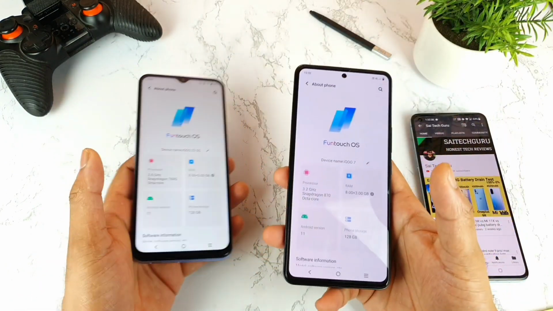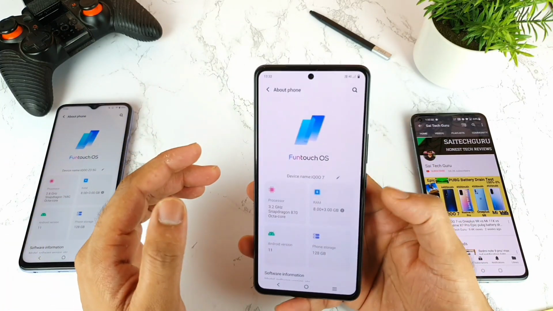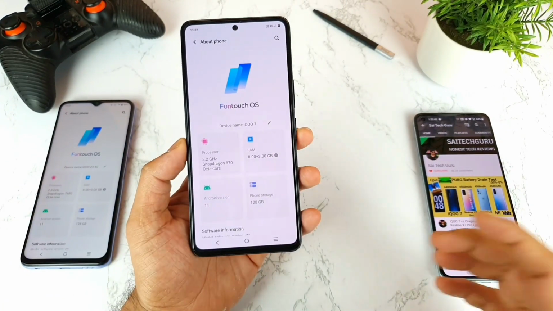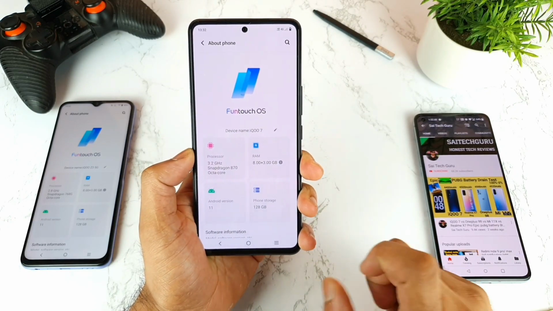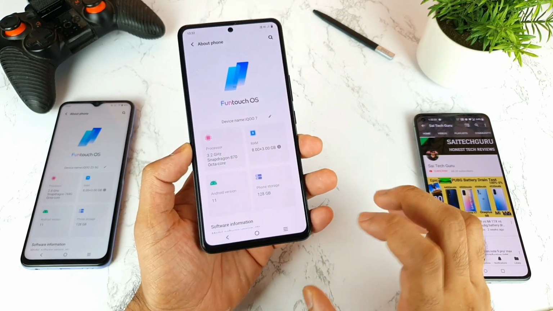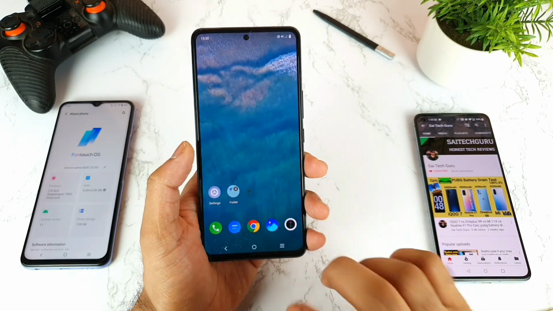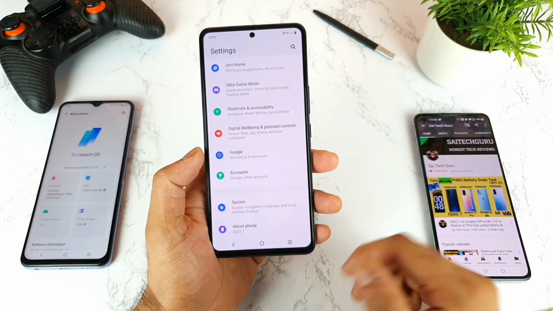Make sure to comment below friends in case your device is actually having this kind of problem or not. This is not that big an issue, but definitely this flickering issue will be a little bit straining on your eyes as well when you're trying to watch the mobile phone. That is one thing which a lot of users did say in the comments.